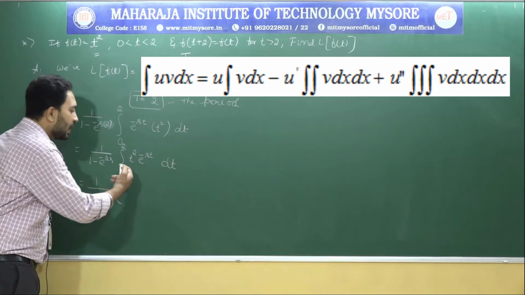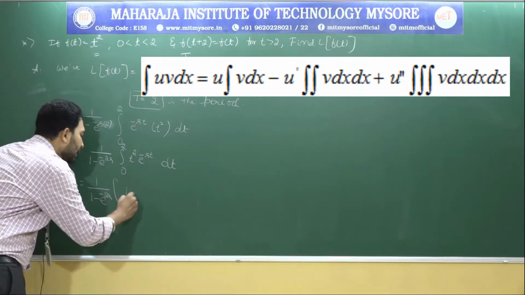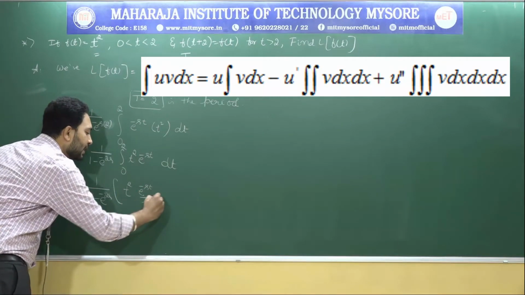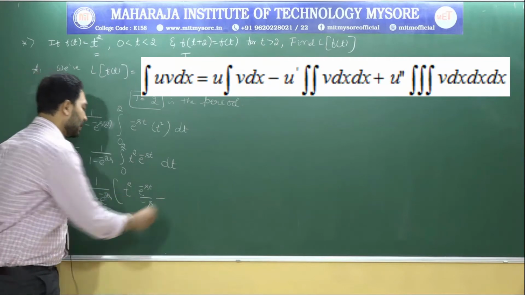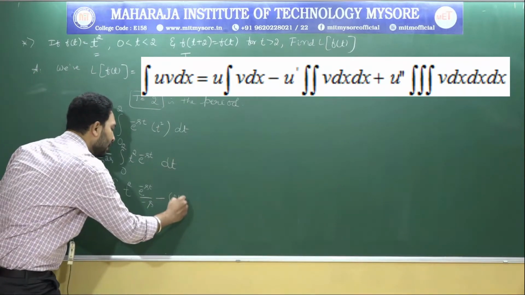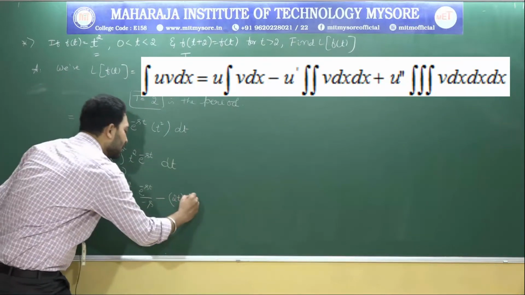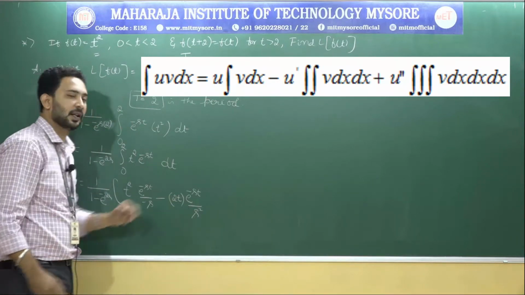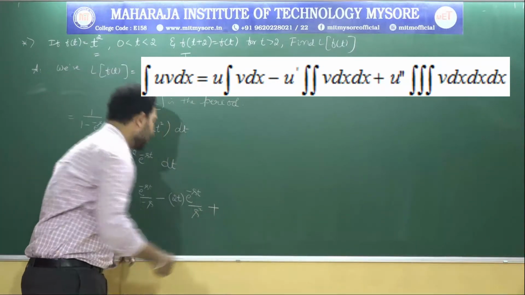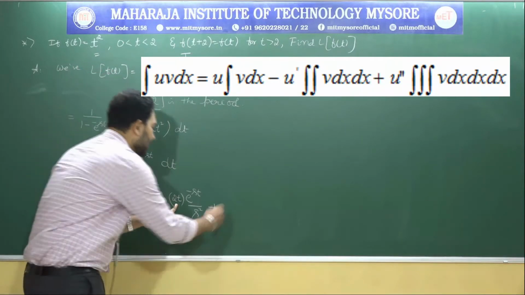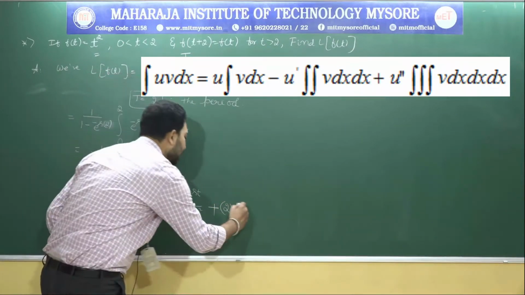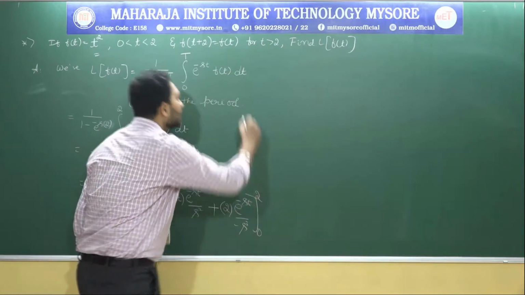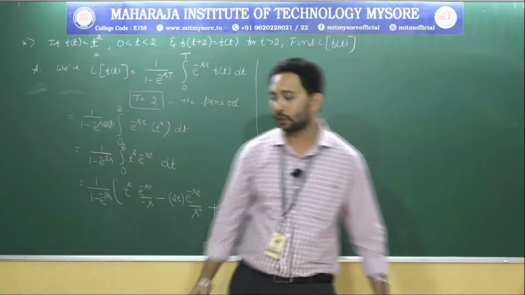That is 1 over 1 minus e power minus 2s into. If I apply Bernoulli's integration by parts, we will get first function t square into integration of second function e power minus st divided by minus s. Next, alternate sign, minus differentiation of first function t square is 2t, integration of second function is e power minus st divided by minus s. Already we have minus s here, so this becomes s square. Plus, again differentiate this, 2, into again integrate e power minus st divided by minus s whole cube, limit from 0 to 2, sorry.